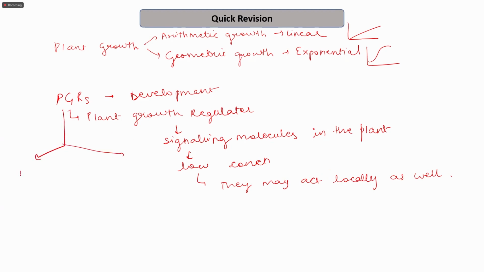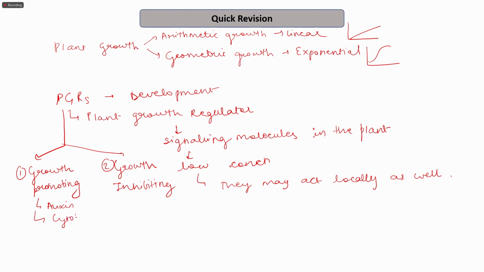First one was the growth activator, growth promoting. The second one was growth inhibiting, that inhibits the growth. So in this category, we put auxin, cytokinin, and gibberellic acid. And in this category, we put abscisic acid, ABA, and ethylene at some point can be considered in both the